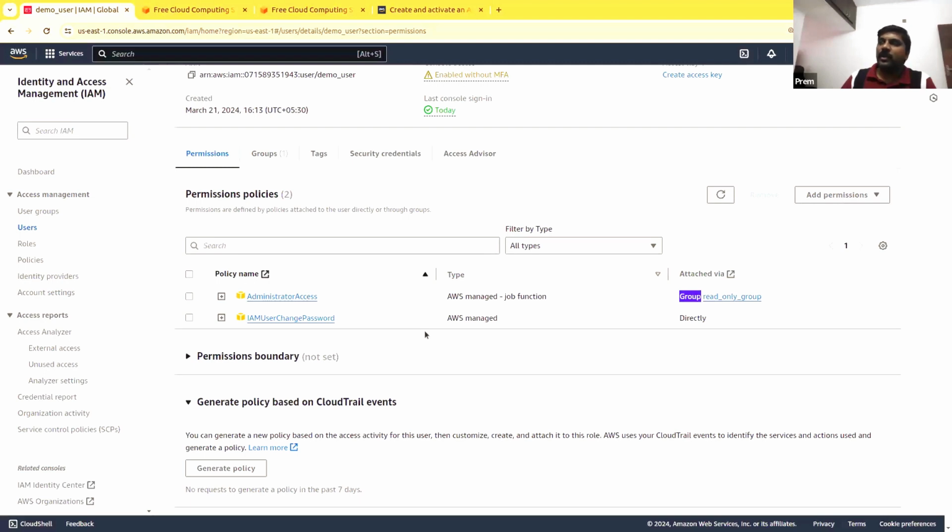So you may get a question: you have created a user and assigned specific permissions, but the user was able to access other things. What could be the reason? One option could be that the user is assigned to a particular group which already has that access. So you should know how your access provisioning is going to change when you assign roles, policies, or users to groups. Understand, right?